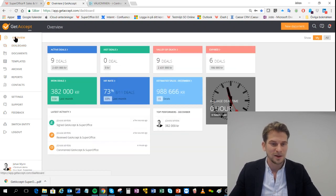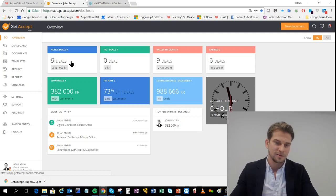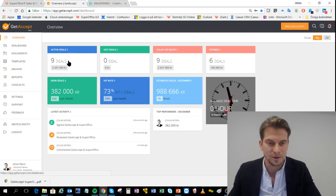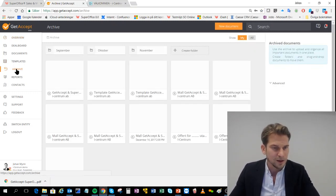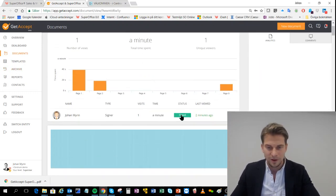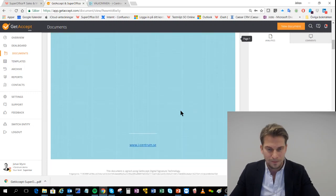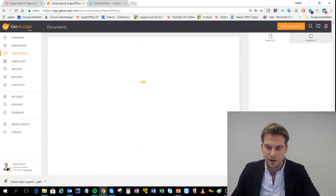And what will happen then is it will be removed from the active deals. First, it was a hot deal here as well, when I did some things with it. And they will actually be located here in the archive. Right. GetAccept on SuperOffice. And if we have a look at this, it has a digital fingerprint on each page here, which is legally binding. And at the very bottom here,